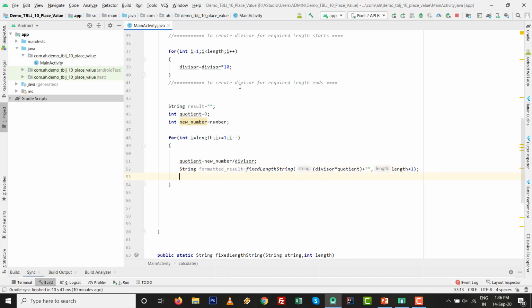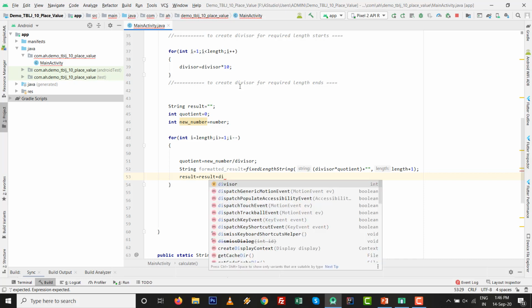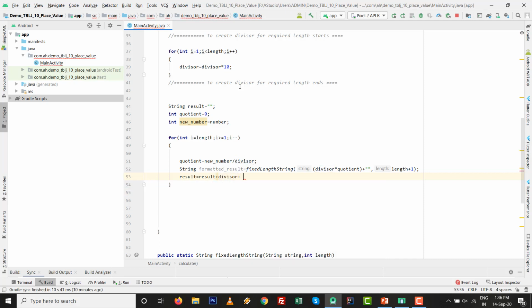After that I type result equals result plus whatever the divisor plus double quote with one space, currently we need to use x for the multiplication sign, plus whatever the quotient will be, then plus double quote with the equals value, and the formatted result will be there.